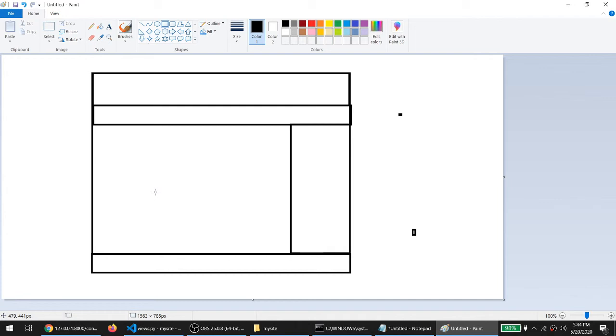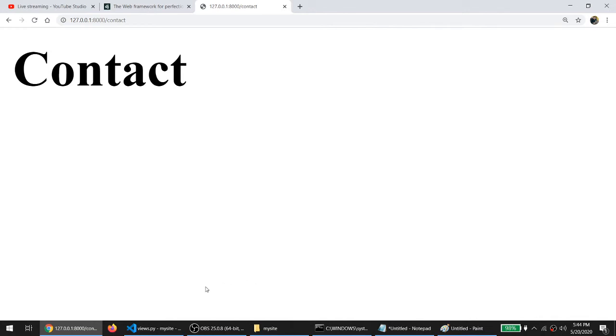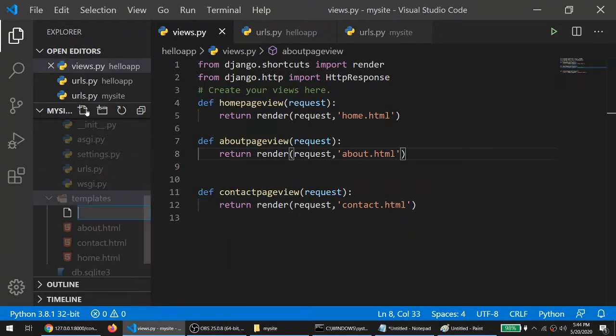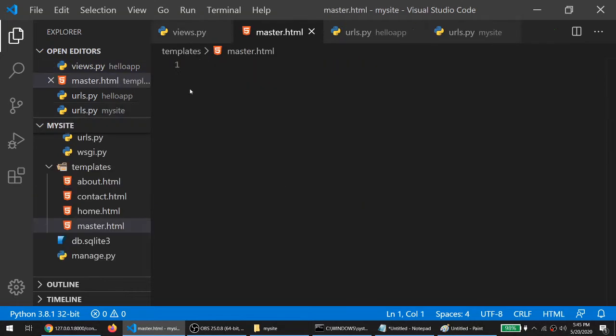So let's say I want to maintain this structure in my Django project. We have one more concept that is called template extending, right? To extend the template, we have to define one structure. To define a structure, just create one new file and name it master.html. In master.html, we will define our master layout, which will be common for all the pages: homepage, about us and contact us. With the help of this master layout, it will be very easy to change the layout or maybe some content in our website, right?